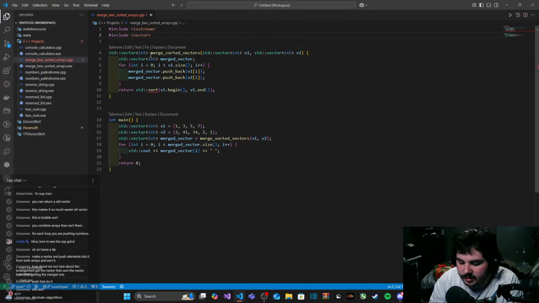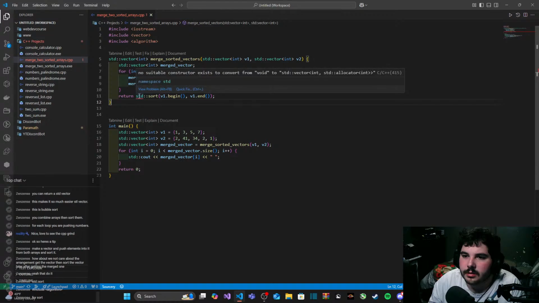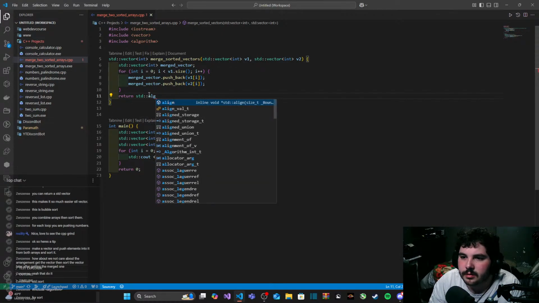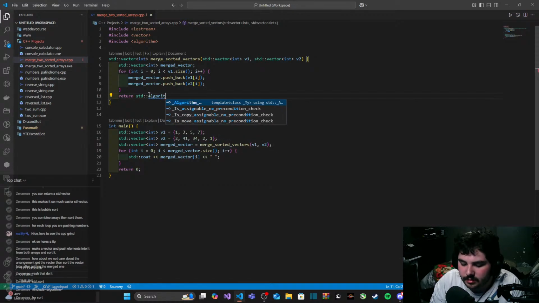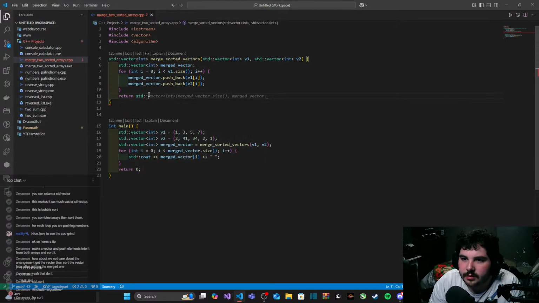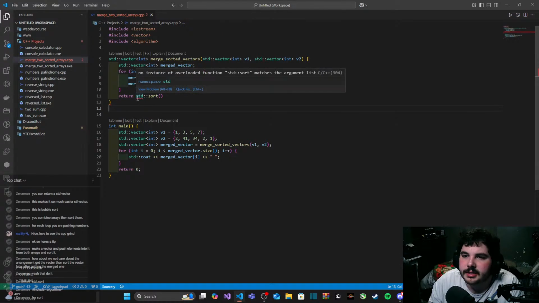Include algorithm. What is the issue here?